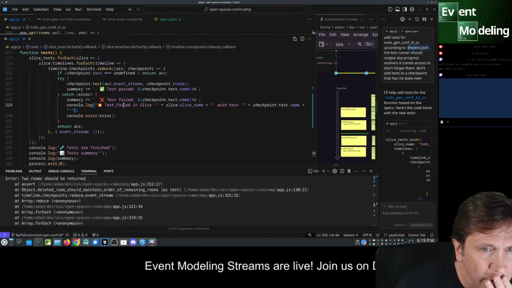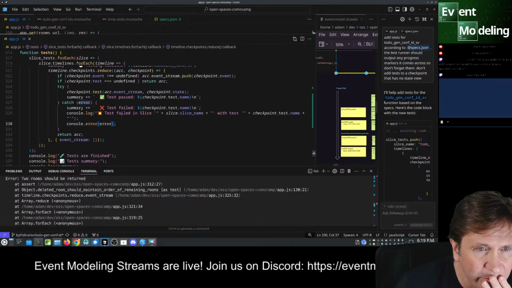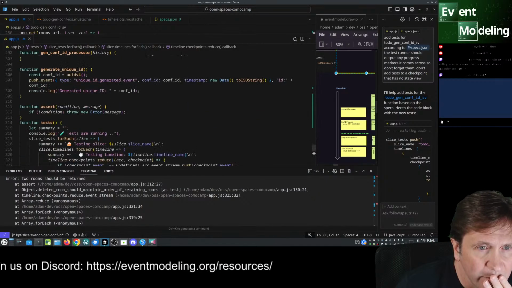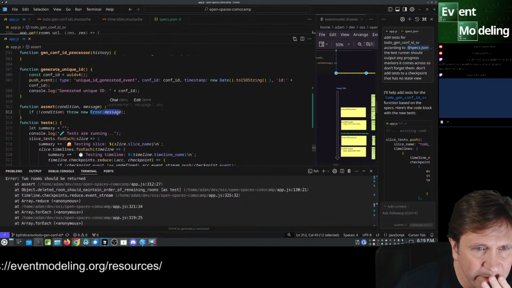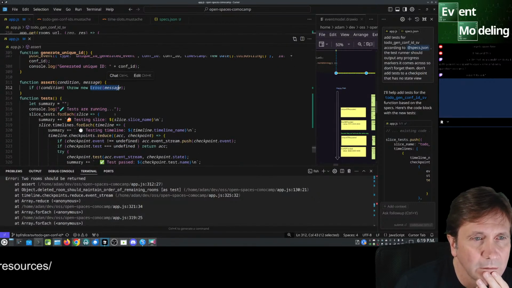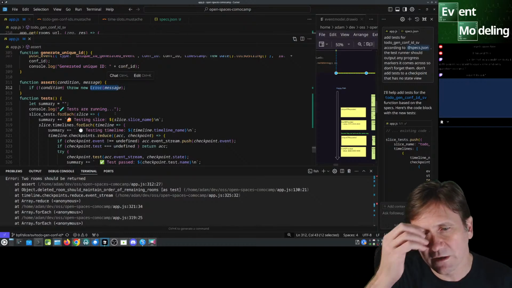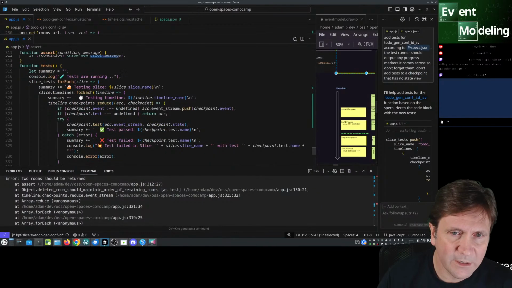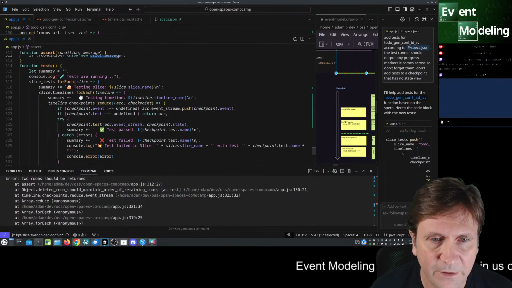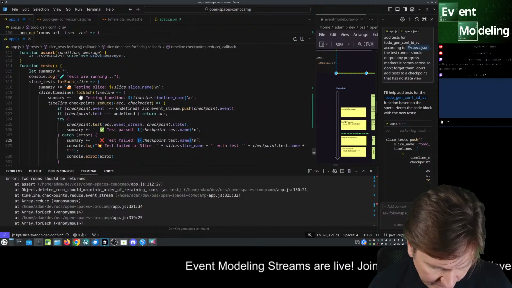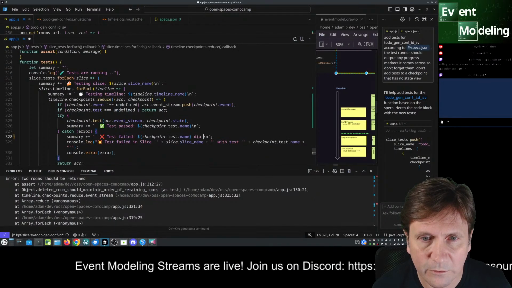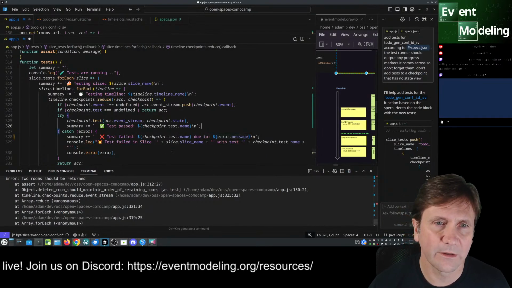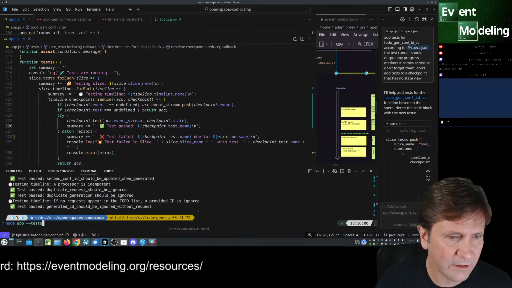So what does error have from the asserts? So it just has this error message. Now, if it fails because of an exception, I guess we'll have to scroll up to see the details, but I do want the error name in here. Test failed in blah, blah, blah, and then due to error message. Okay, I think that should be better. I think that's all we need. Okay, I'm glad that was only that.